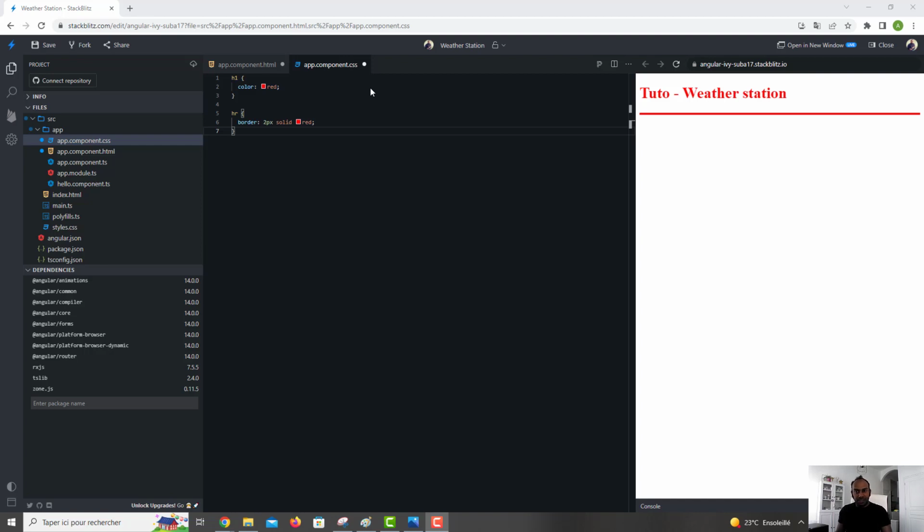So RxJS, what is this? It's a library for asynchronous events. It means, for example, you are in the queue at the post office, waiting for something. If there is only one queue, you must wait until the person before you has finished. So you wait until it's done. But if you have many counters open, you can have multiple queues, and they can start and end